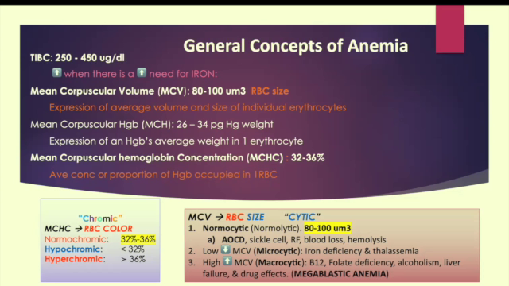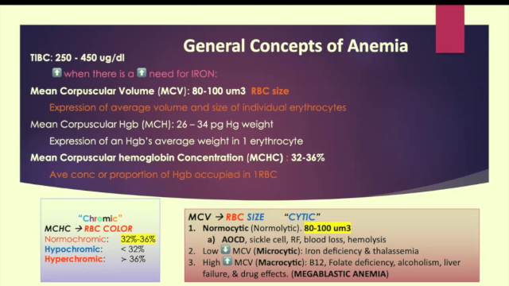So the MCV will give you the RBC size like we talked about. Normocytic is going to be 80 to 100, and anemia of chronic disease, sickle cell, renal failure, blood loss, and hemolysis are all going to have a normocytic RBC. For low MCV, which we call microcytic, that will be a smaller size of the red blood cell,